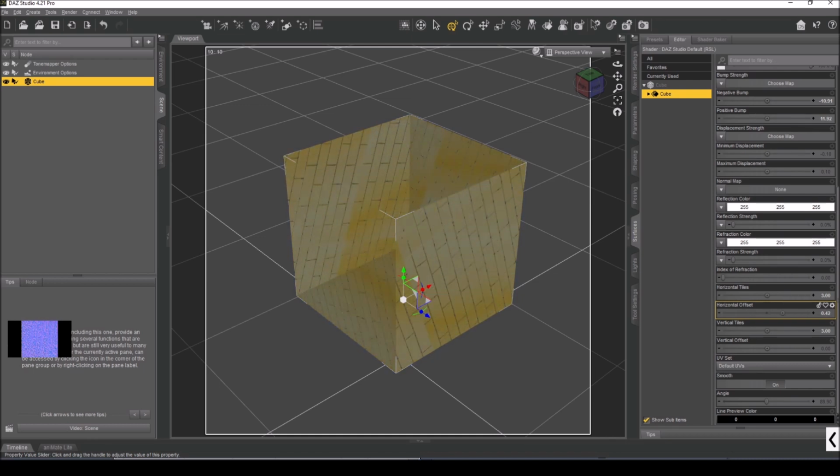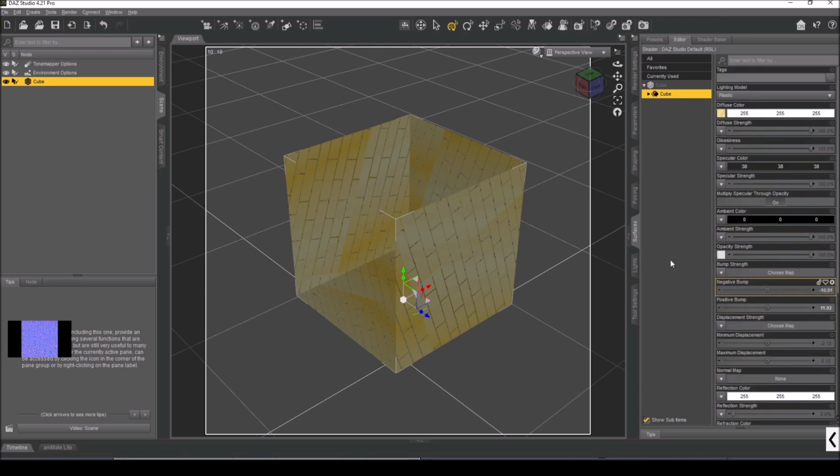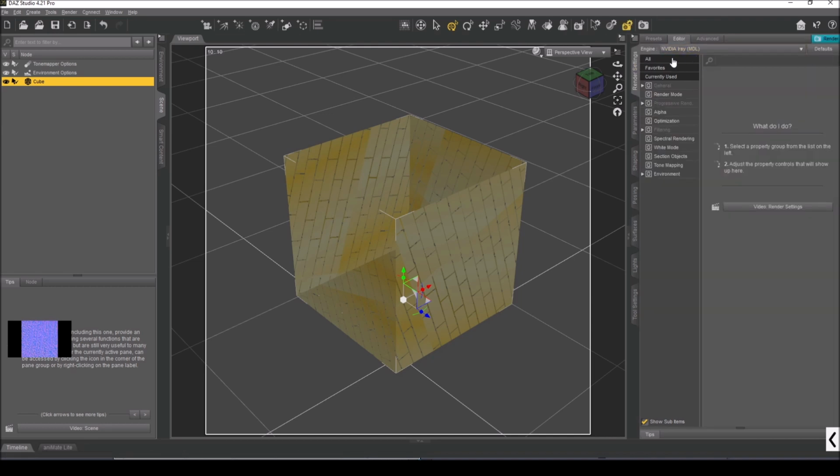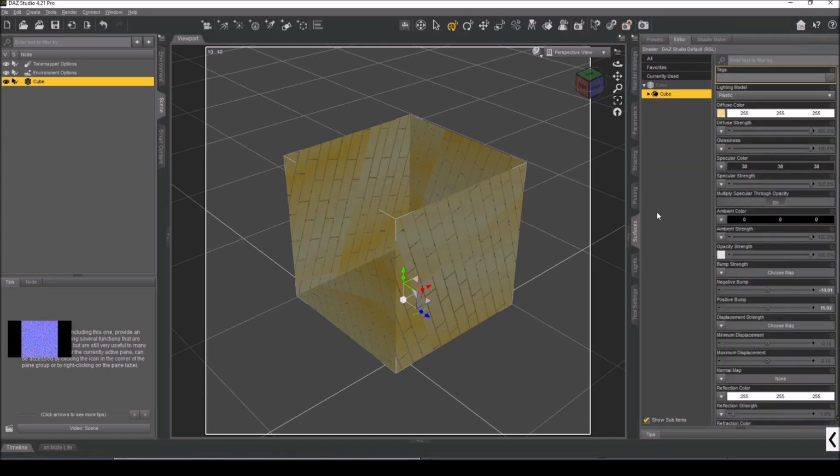So in case you have a specific object you want on the side, you can use this to offset the whole texture and move specific parts around. For the rest I don't really touch these in any way. Okay, this is the basic RSL method, and if we go into Iray, we can also increase our